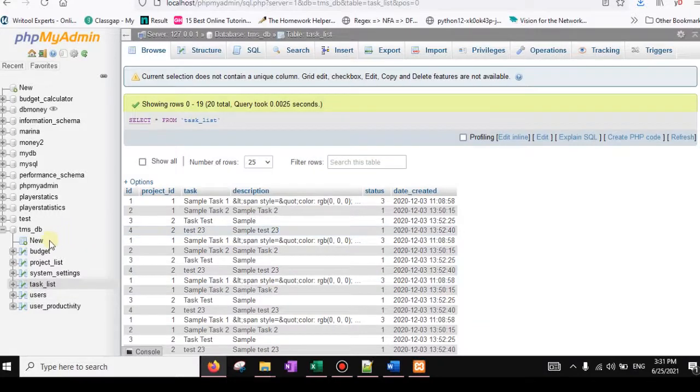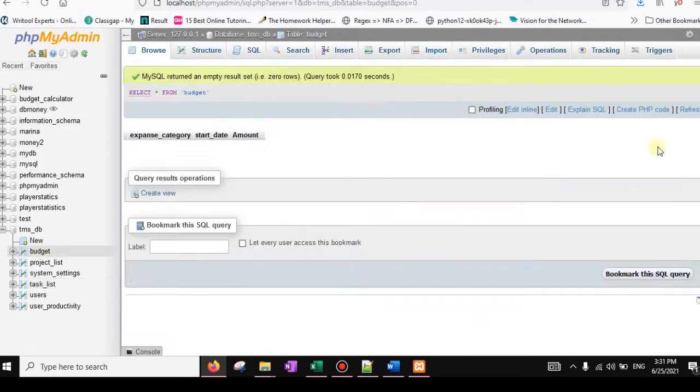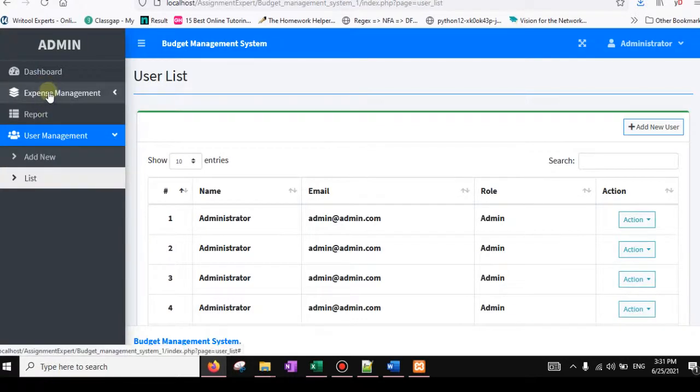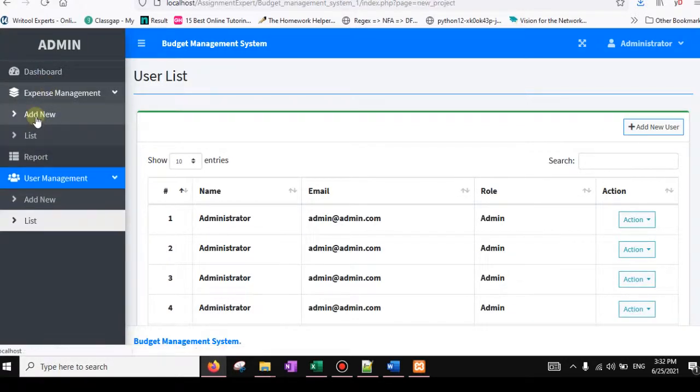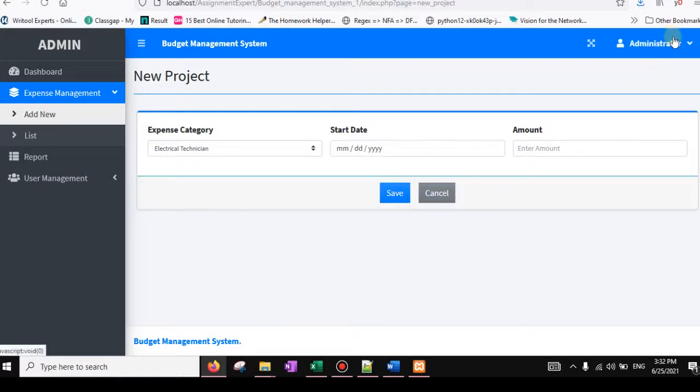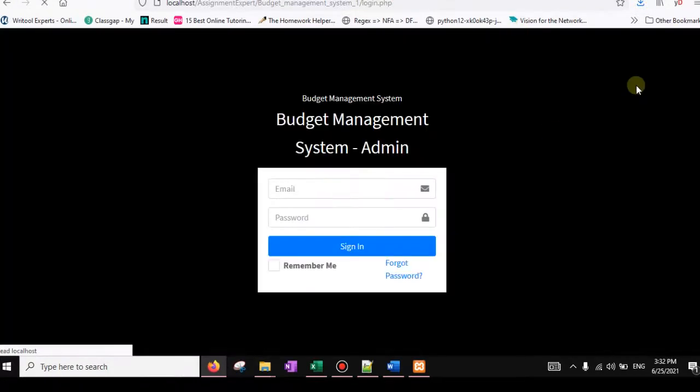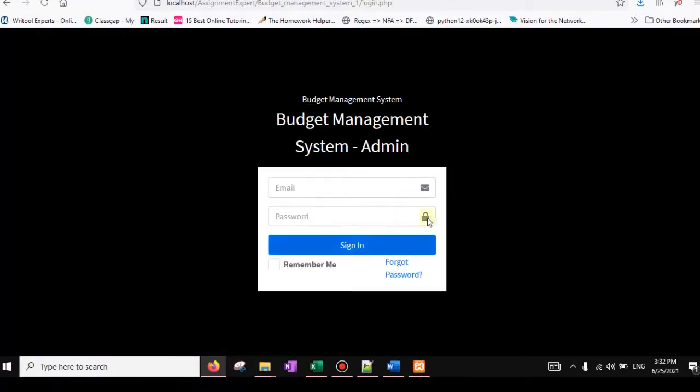Here we can see the task list, budget. There is no entry, but we can insert from the application form in the web application, and we can do the logout.